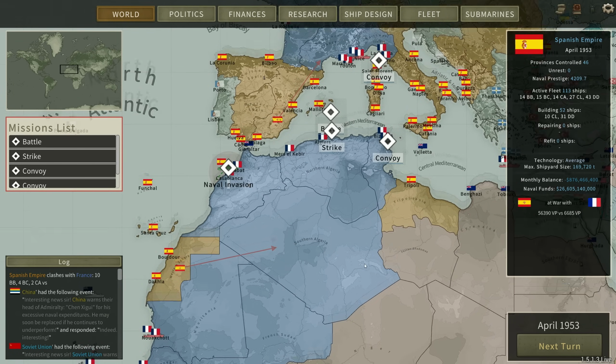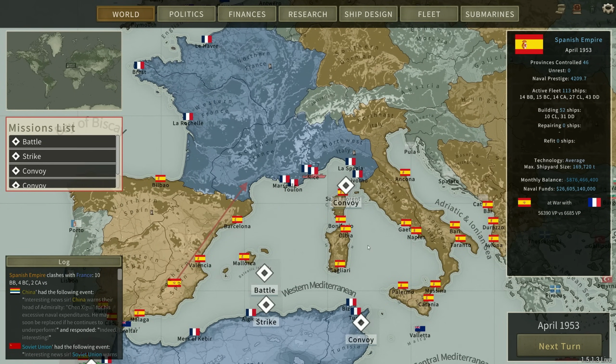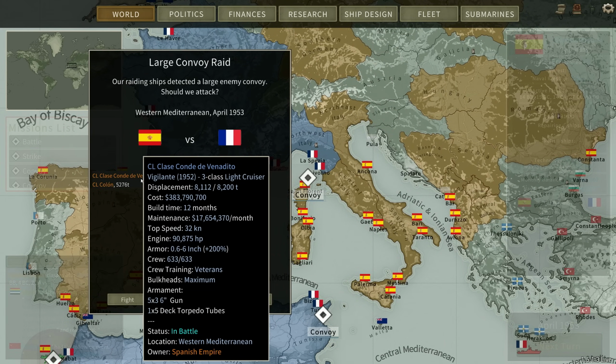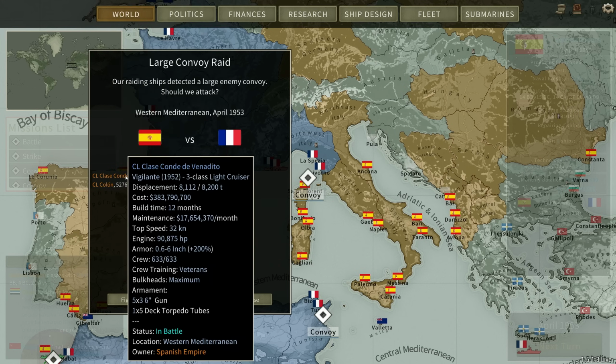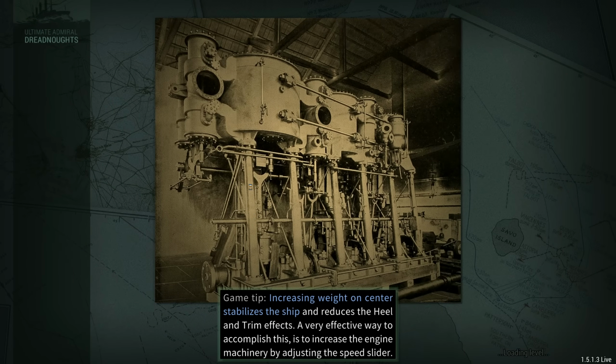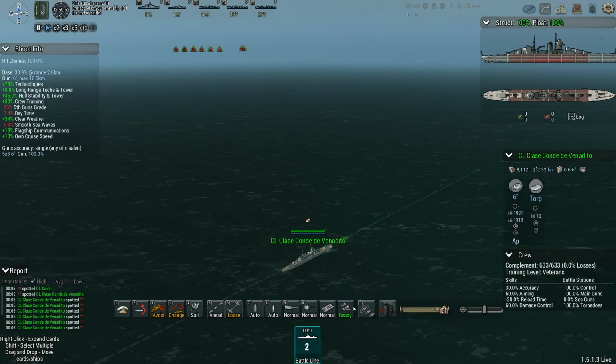Where the invasion of southern Algeria is progressing, and most importantly, the invasion of southern France is progressing as well. And we have some convoy battles to do. A chance to test out the upgraded Vigilante class light cruisers, evaluate their performance, which is very nice. But yes, I think now that I've decided to hit Morocco instead, I'll go the other way. So we'll take Morocco, northern Algeria, and then I was going to say Carthage,